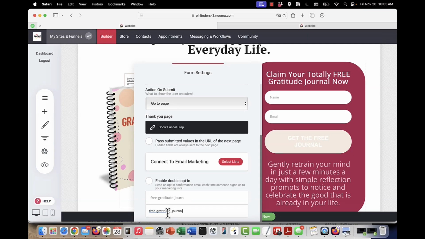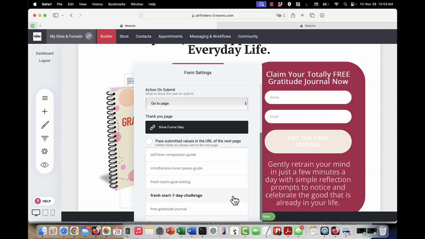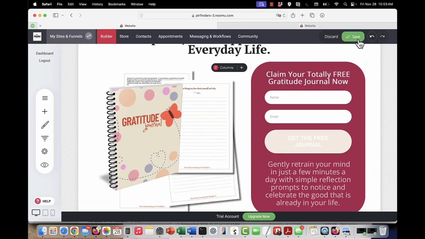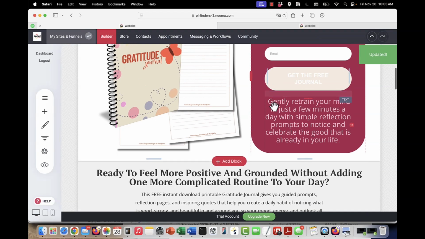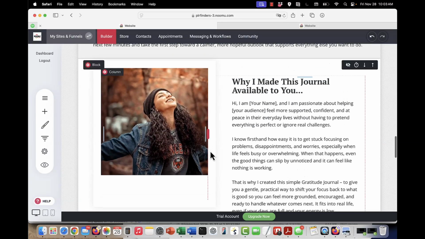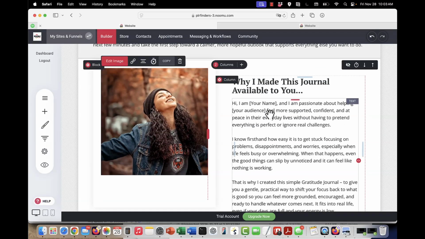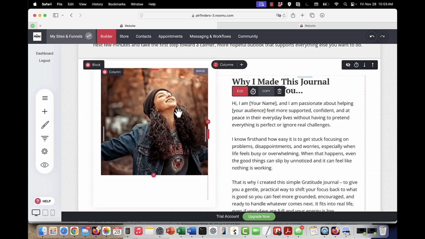Even though it says it's there, you might just need to redo that. And you would do that on the second form as well. I'll let you walk through that. And then you would update your photo here, your name, and then that's it. So on an opt-in funnel, that's all you'd have to do, and you'd be good to go here, except for